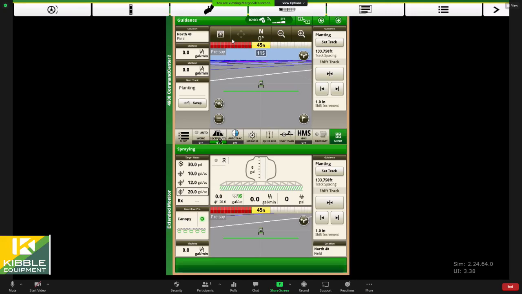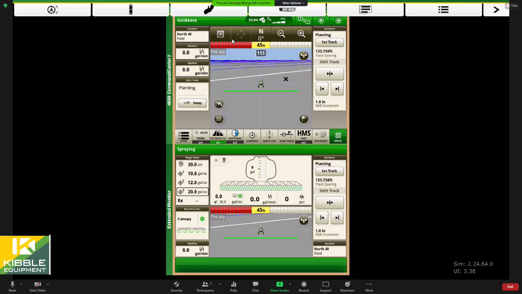So when it's on, if it sees coverage, you've already been there, it's going to kick it off. Also, just good to note, I had a question about this last night. All of these Gen 4 sprayers, if you've got the latest software on them and you've got those premium activations on those armrests, for the section control, they also have something called in-field data sharing. I'm not going to go into a lot of detail here today on that because the simulator just doesn't do it justice, but they should be capable of sharing